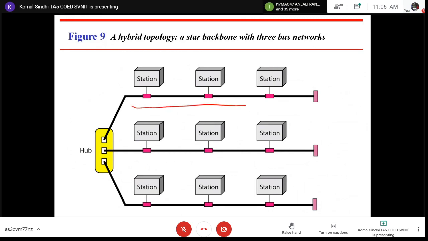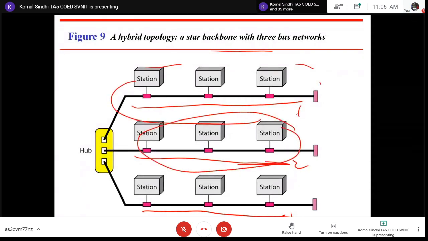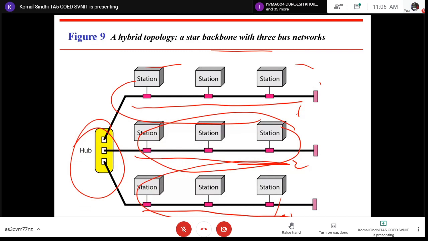So here what is done? We see three individual bus topologies, right? There are three networks, network 1, 2, and 3, which are connected via bus topology, and all these as a group are connected to a central hub. So you can say that a star topology where each node represents a single bus network. And that is why we say that it is a combination of a star topology and bus topology, right? So now if we combine certain types of networks, then we can also have advantages of both of them, right?